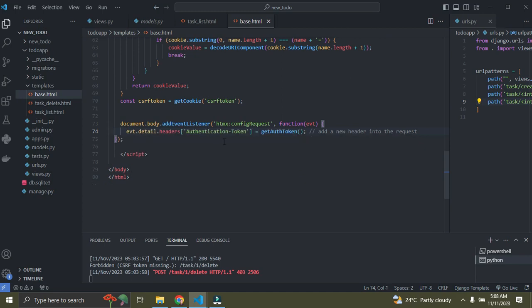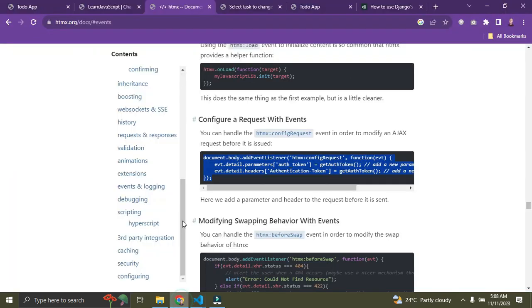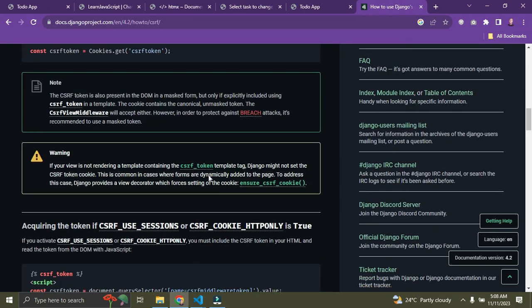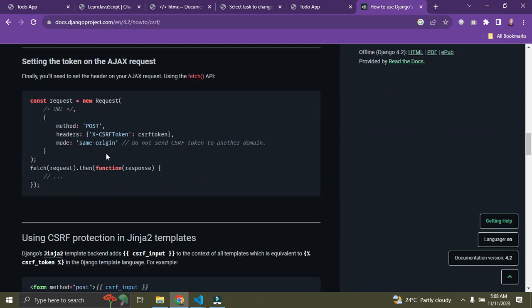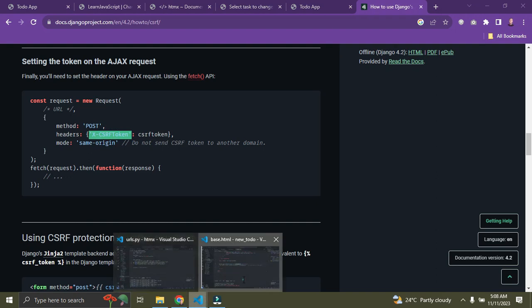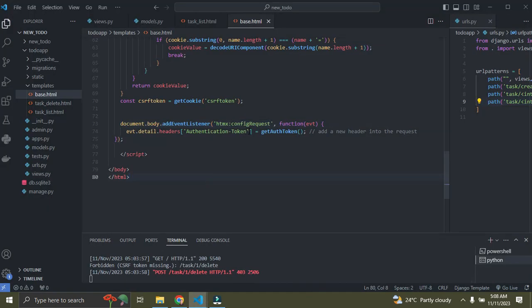Understand? Okay, now from what Django gives us, go down to your Django, the link just here. So Django now, you can see what we have here. Our headers. We're going to copy this as the key. Copy this key X-CSRFToken. Copy it. Come over here. We're going to paste that inside of this bracket,